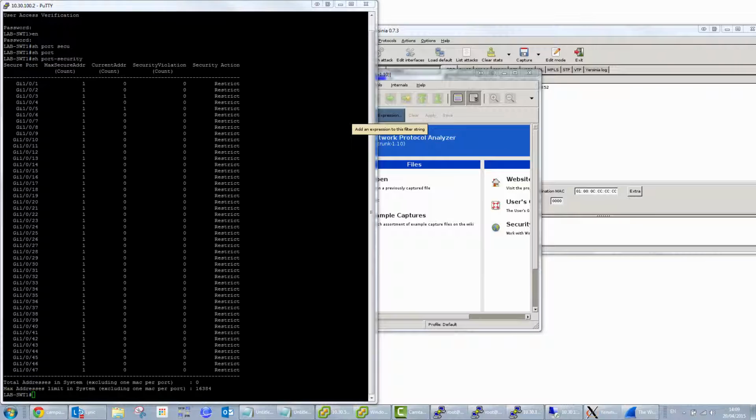As can be seen, you can identify the maximum number of MAC addresses allowed on each port, as well as the activity on the port. So you can see that port number 3 and port number 5 are used at the moment, where port number 5 is used by the attacker machine and port number 3 is used by the victim machine. So I expect to have the security violation counter increased on that port straight away after I start my DHCP discovery